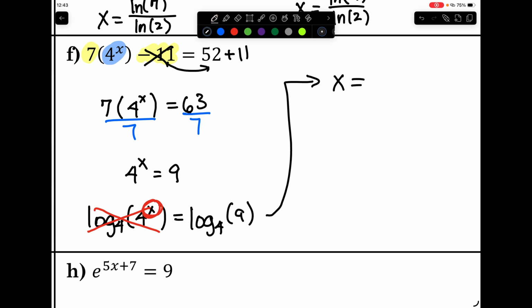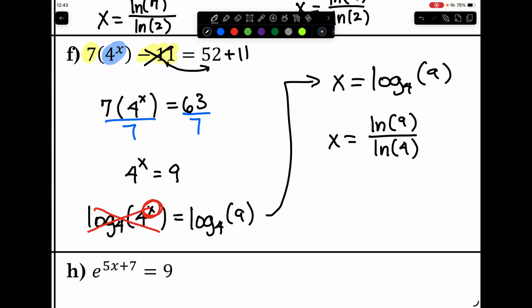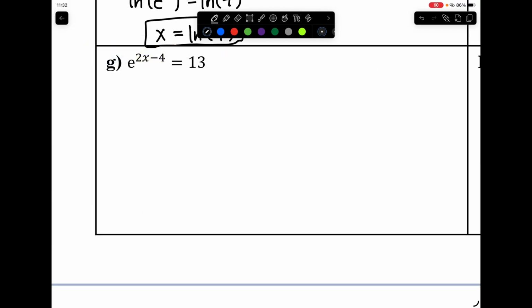And that's going to equal the log base 4 of 9. And then using the change of base property, we can write this as the natural log of 9 divided by the natural log of 4. So there is your answer. So let's now